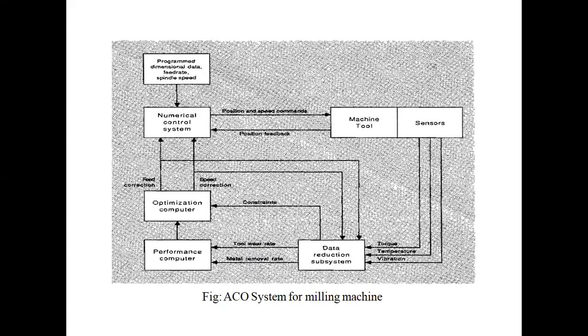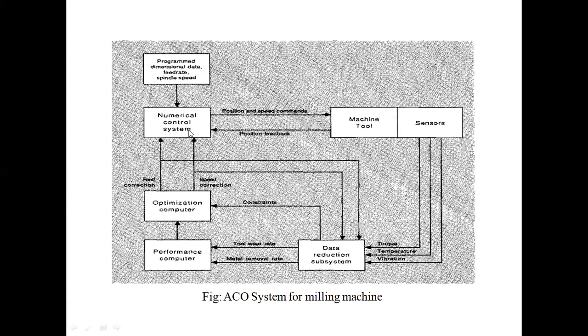What will happen there is you're trying to ensure that, basically, the performance index will be calculated and it will try to optimize that, right? So basically what will happen is, let me first explain the formulas. Okay, so this optimization computer will do corrections of what? Feed and speed, right? That's what is important in the context of milling. Feed rate has to be corrected, speed also has to be corrected, right?